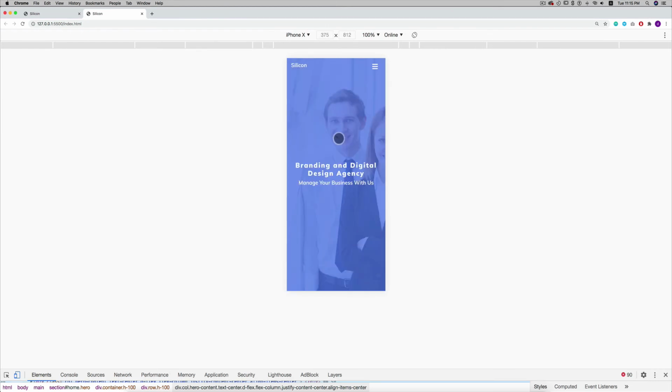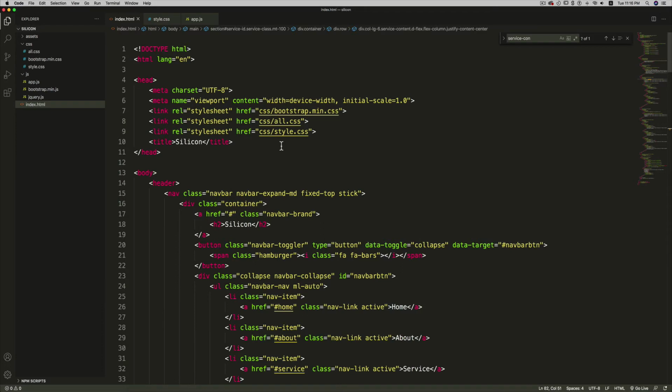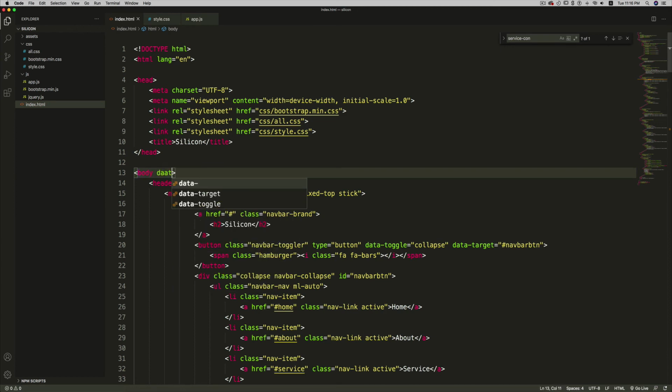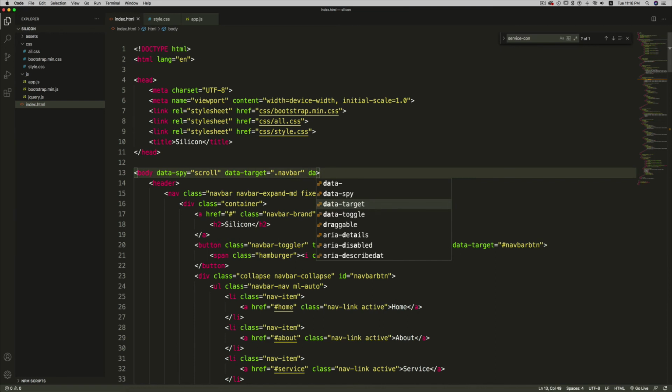So now that we have completed the mobile version of the website, let's work on to add the particles and the scrolling effect to our page. So here first I'm going to add the scroll spy. So to add the scroll spy, you need to add some attribute to the body element. So first attribute is data spy, and here I'll write scroll. Then the next attribute is data target, and here I'm going to target the navbar, and then you have to specify one more property or attribute. So data offset equal 200.